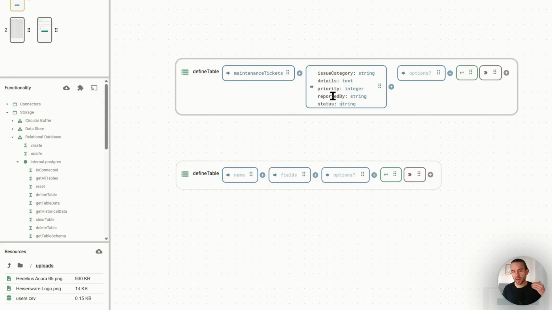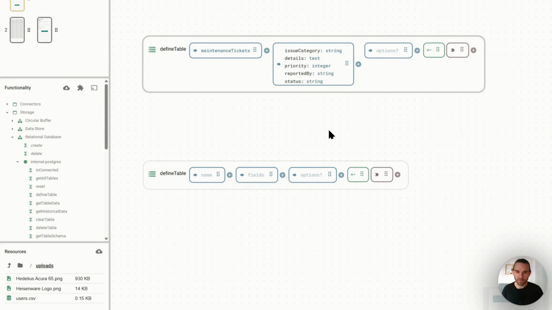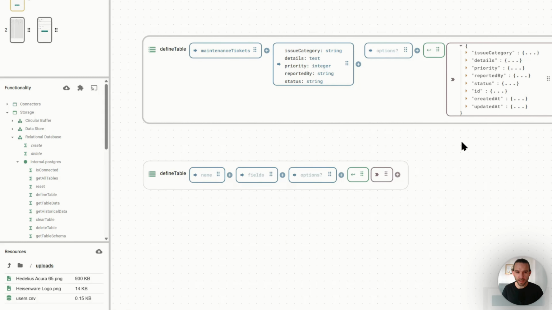You can use other fields here. You can even use JSON in here, so you can have nested fields, etc. But this is a bit more advanced. So for now, this is what we need. And in options, you could enable the history tracking, so you could track changes in that table over time, but this is not what we need in this case. And to trigger it manually, we just click the return icon here, and you'll see